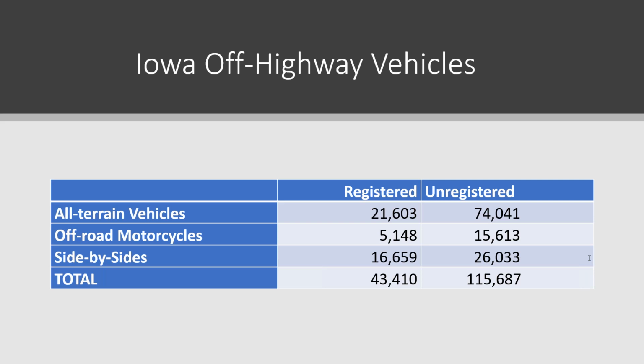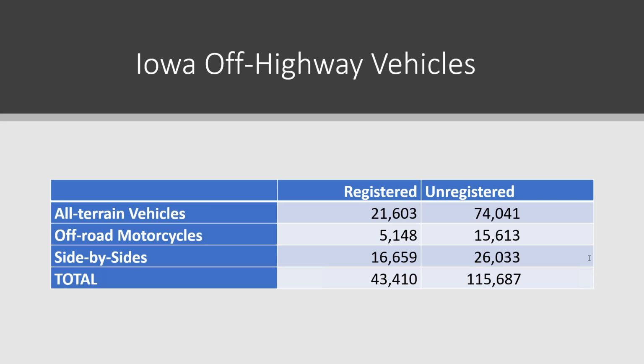And they were pretty convinced that there were way more unregistered vehicles out there than we thought. So we did some checking and we found out there were way more unregistered vehicles out there than we thought. But we had surveyed registered vehicle owners. And the easiest thing to do is just multiply everything by 3.66, because there's 2.66 unregistered vehicles for every registered vehicle. But that didn't seem fair to us, because there's reasons people don't register their machines.